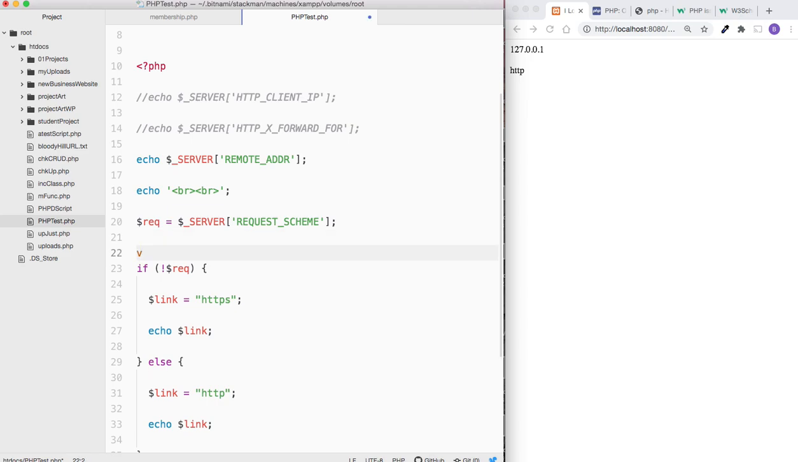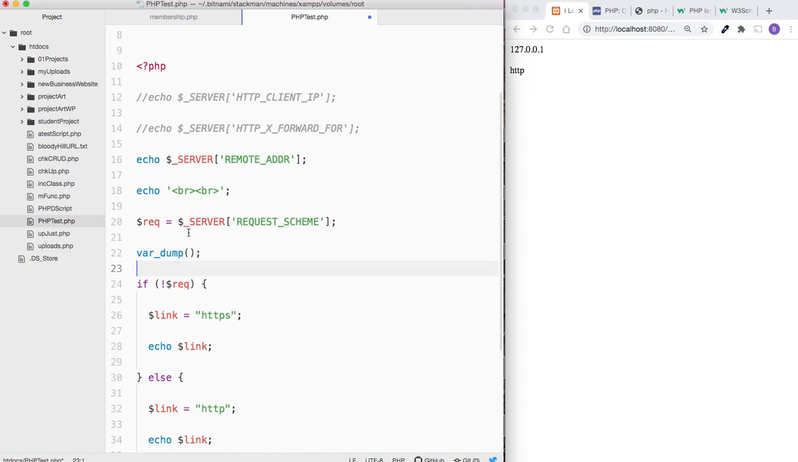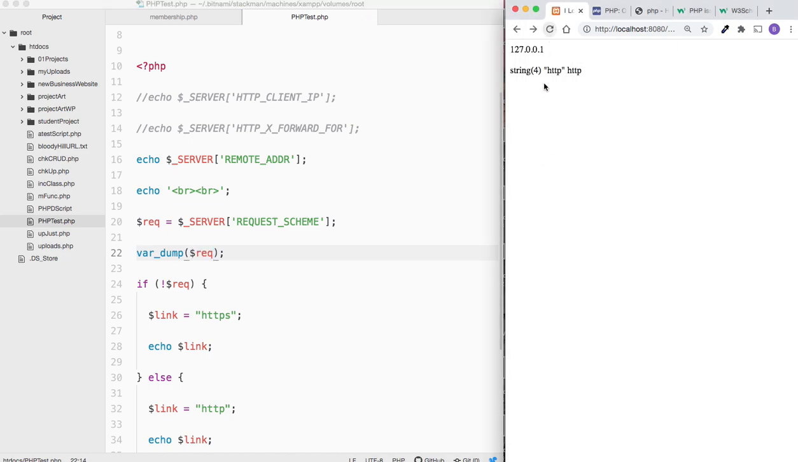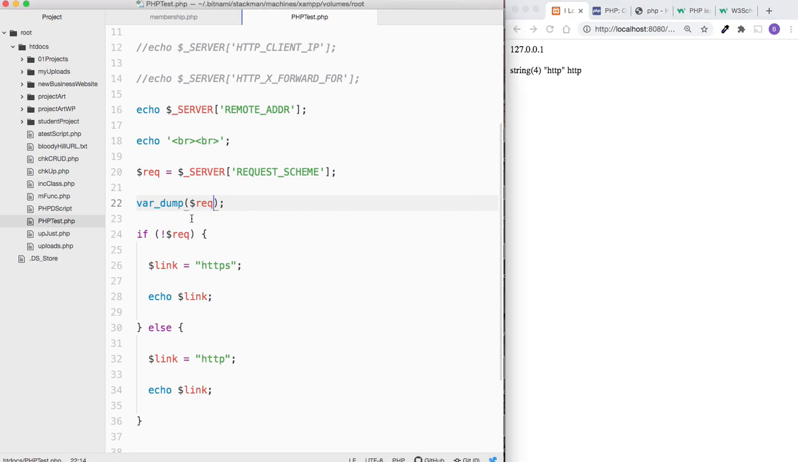So if you kind of went like, you can kind of dump. You can run the var dump. Put this guy in there because you want to see the dump. It's a string for, this is an HTTP. See, that's how you know that it's really HTTP. I mean, you could do this stuff, but so you can even do this